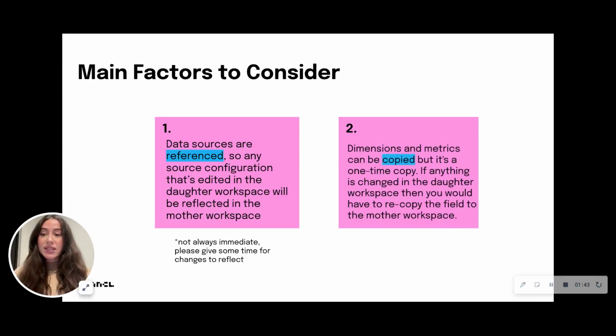The two main factors to consider with included workspaces: the first one being that data sources are referenced. So any source configuration that's edited in the daughter workspace will be reflected in the mother workspace. A side note to this is that it's not always immediate, so we recommend that you give it a little bit of time for the changes to reflect. And then the second factor being that dimensions and metrics can be copied, but it's a one-time copy. So if anything is changed in the daughter workspace in regards to dimensions or metrics, then you would have to recopy the field to the mother